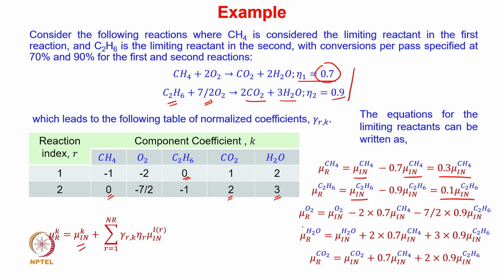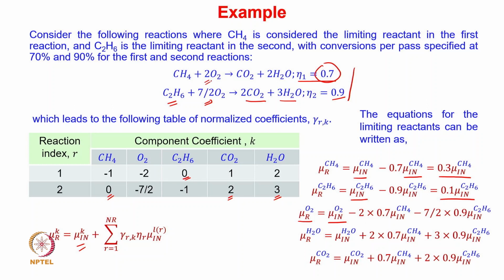And for the other components also we can write down the mass balance here. So μ_r,O2 is nothing but the mass balance for the oxygen. You can see that the oxygen is getting consumed in reaction 1 as well as reaction 2. So μ_r,O2 coming out from the reactor will be equal to μ_in, which is nothing but the input to the reactor,